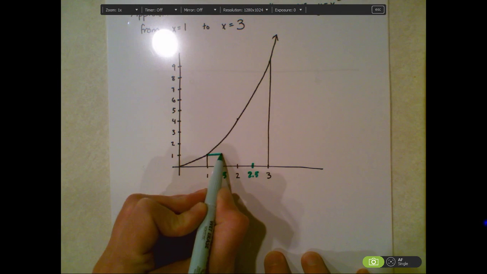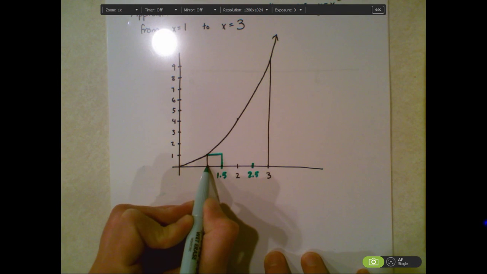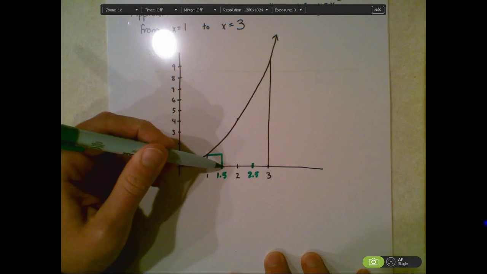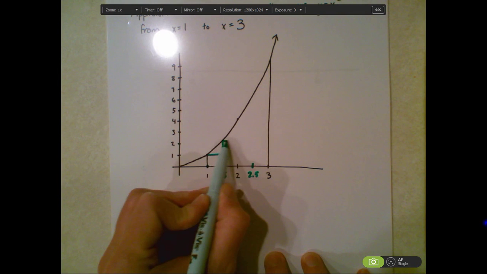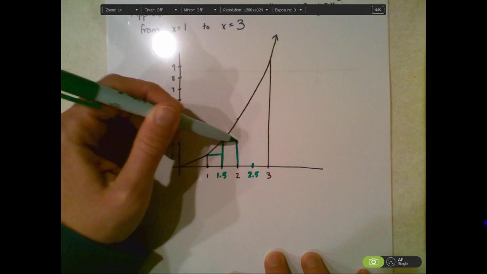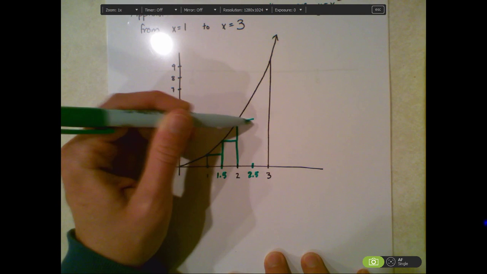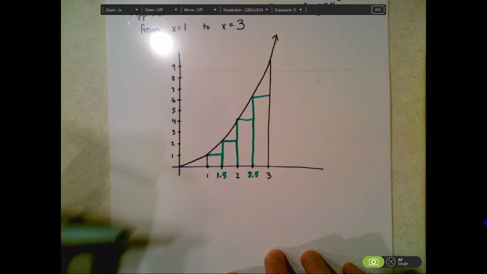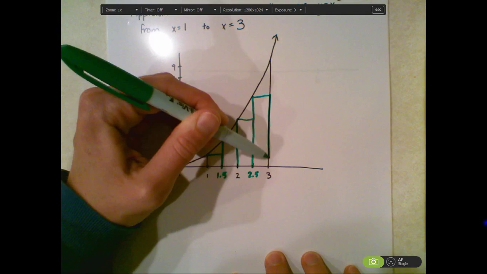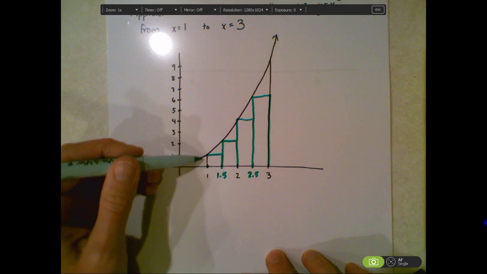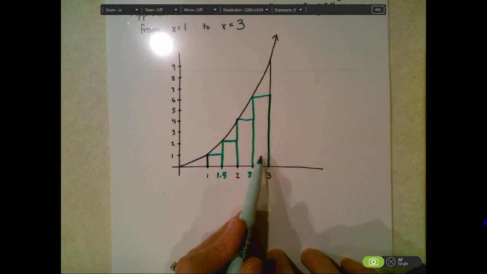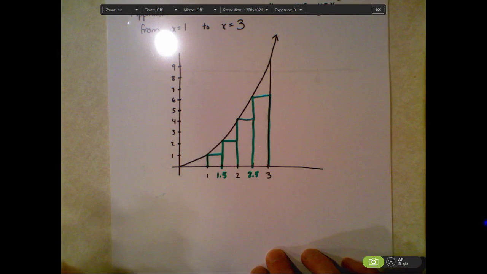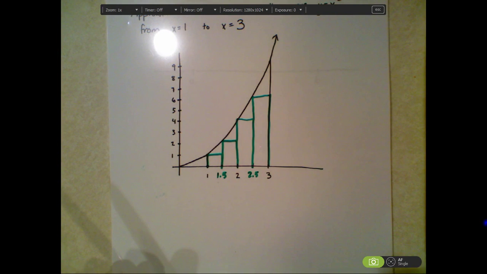So this first rectangle has the left endpoint 1, and 1 squared is a height of 1. Similarly, this next rectangle is only going to go up until the left endpoint hits the curve. And we can see from this picture that this is clearly an underestimate of the area, because all of these rectangles are underneath the curve, and these triangular-ish sections aren't being accounted for in this summation.